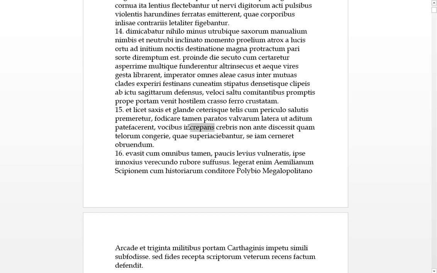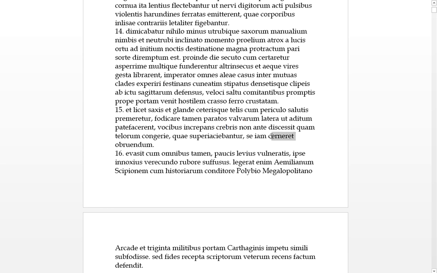And he was present participating, he was increpens, so he was not really rebuking, he was probably encouraging. Vocibus crabus, making lots of noise, many words. And they not ante-discuss. He did not leave anti-quam, quam split here with a verb. He didn't leave before a congery of telorums. That means a huge mass. A congery is like, a lot of them. A lot of missiles, which super icia bantor, which were flying over them.